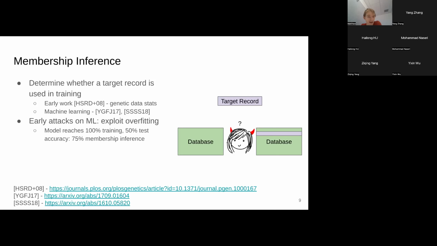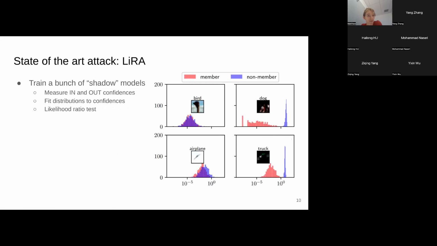There have been a lot of other ways that people have improved this, looking at things like the loss, the distance to decision boundary, loss under noise, entropy. There's a whole host of ways that people have looked at this. And right now, it seems like the state of the art is an attack called LiRA. The way that you run this attack is you train a ton of shadow models. You make sure that every single point that you want to do membership inference on has a 50% probability of being contained in that model.